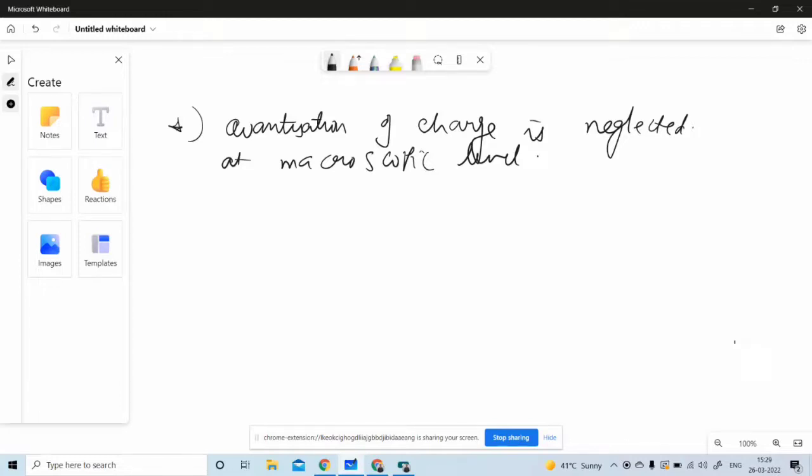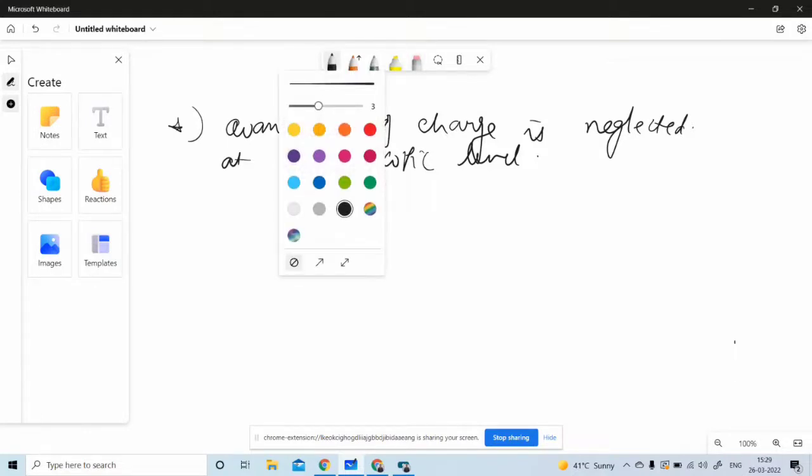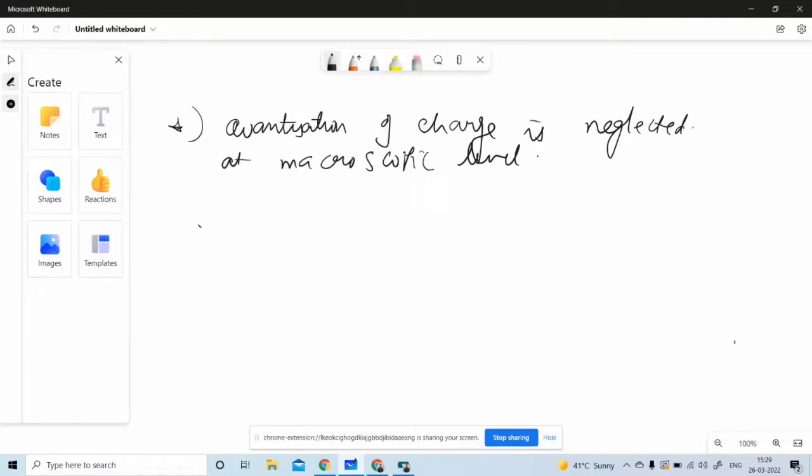That means we'll take that charge on the body is say 3.5 coulomb. We will take as 4.7 coulomb. So then you will be thinking that how these values of charges are possible, because as per quantization rule, these are the values a body cannot have. These are the charges a body cannot have. Clear? But that is what I am going to explain. Quantization of charge is neglected, and we'll take charge as continuous. Actually, charges are always quantized, but we are ignoring this quantization and we are taking each and every value of